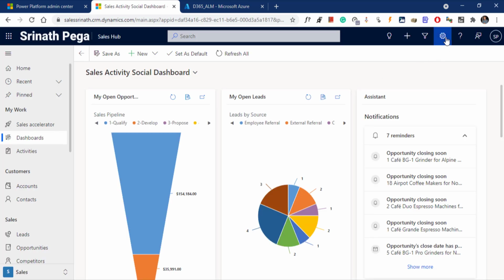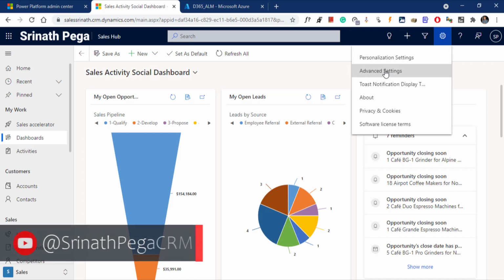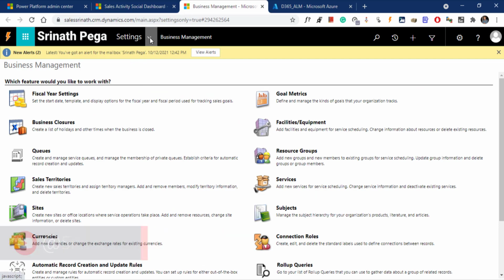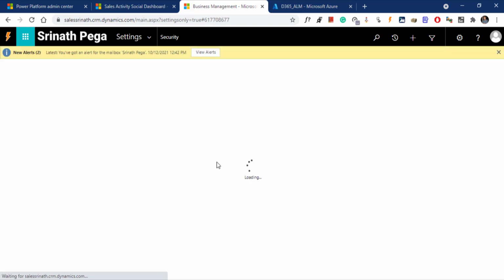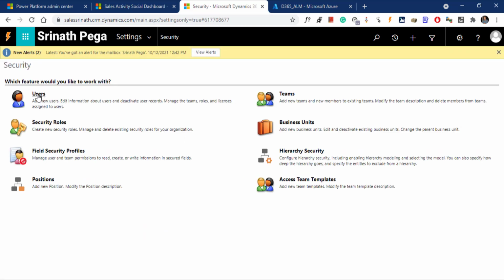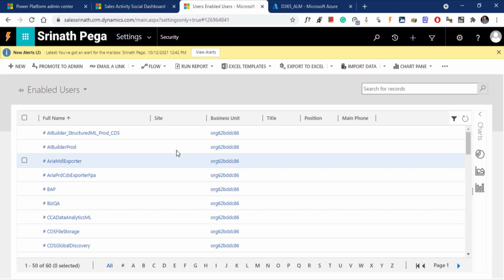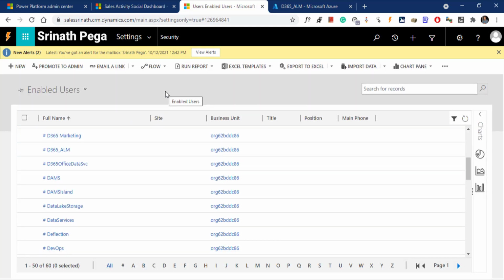Now go to advanced settings. Click on advanced settings, expand the settings, click on security, click on users. Enabled users are licensed users in the system, which means they got assigned license to this environment to access.